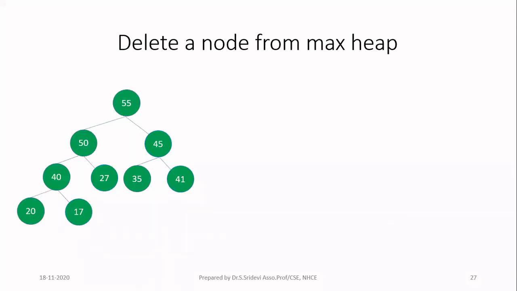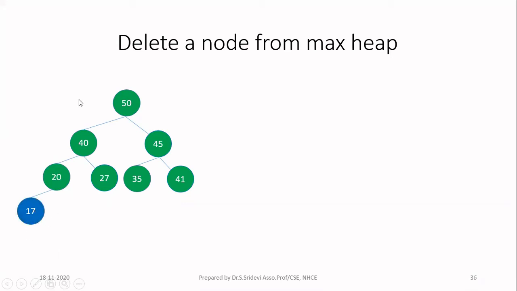So now I have started with 17. I first exchanged 17 with 55, the root node. Now you look at how this 17 is moving to occupy its final position. First, 17 is now at the top of the root. In the next iteration, 17 has come to this particular position. It is coming down the tree. And after that, in the next iteration, the 17 is occupying here. So it is coming to the next level. And then in the next iteration, 17 will come to the last level.